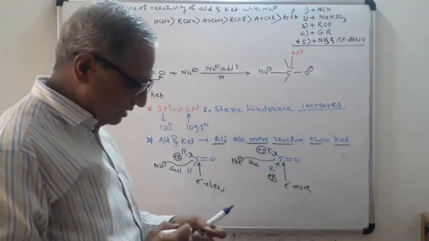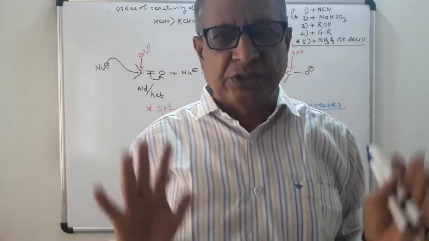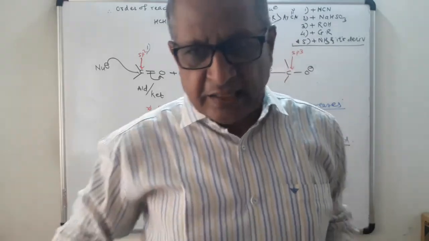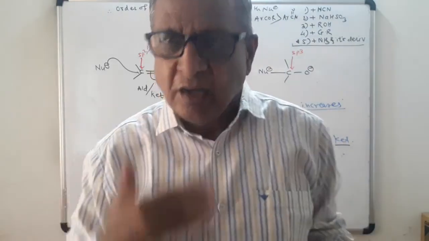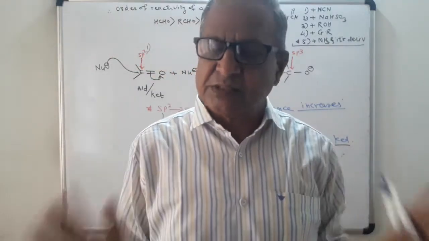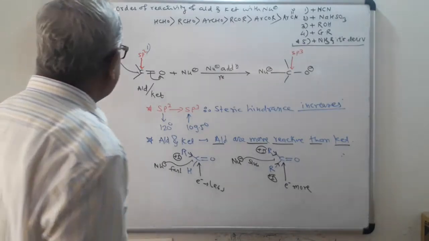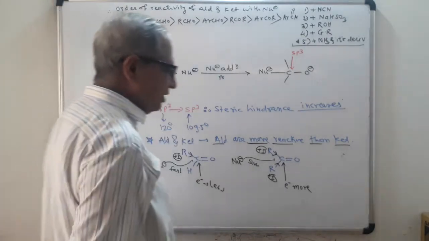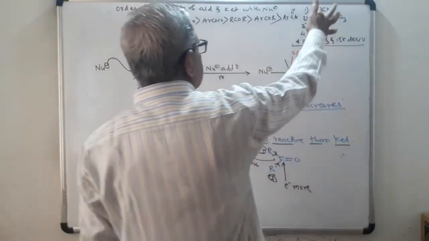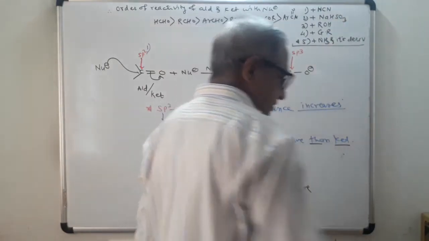Because hydrogen has zero inductive effect, try to understand the meaning of the term zero inductive effect. Zero itself indicates neither electron donating nor electron withdrawing. Therefore, the electron density on the carbon atom is minimum. Therefore, the rate of reaction, particularly nucleophilic addition reaction, is faster here. So this question is very, very important. Now I will start one by one: addition of HCN, NaHSO3, alcohol, Grignard's reagent, ammonia and its derivatives.